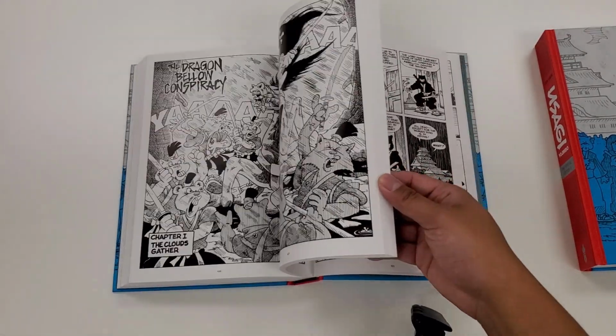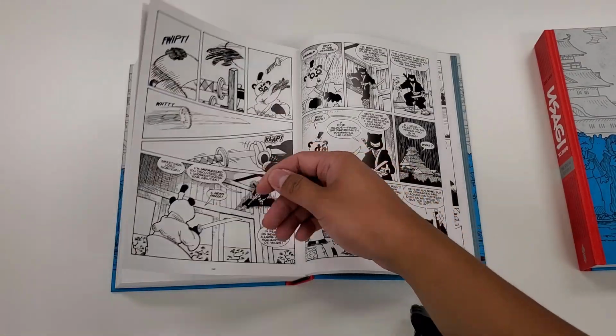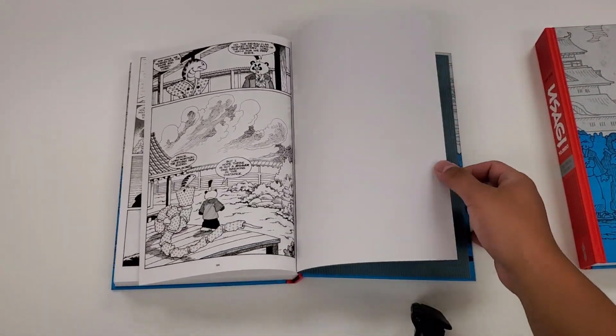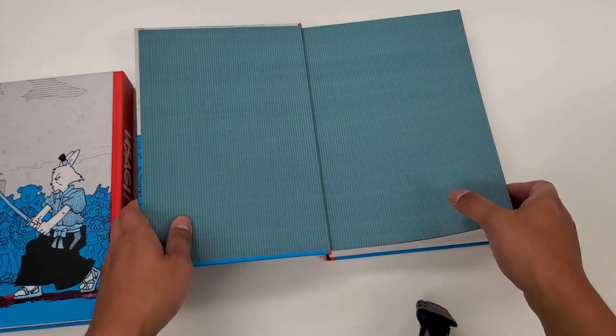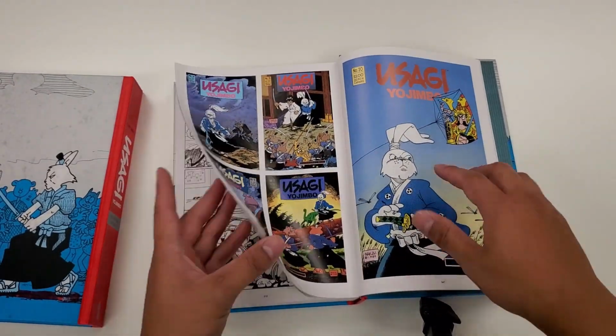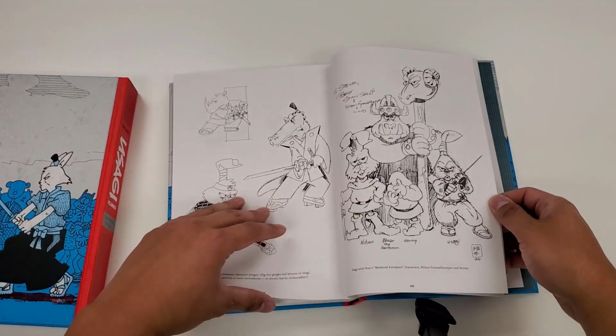And then yeah, here, this is basically book 1. It's all in black and white. There's no extras in the first book, but when we look at the second book, at the back, there are a bit of extras. So we have, let's see, go back here,